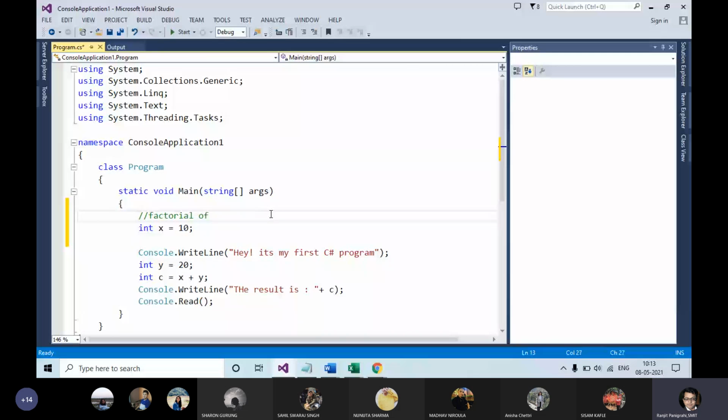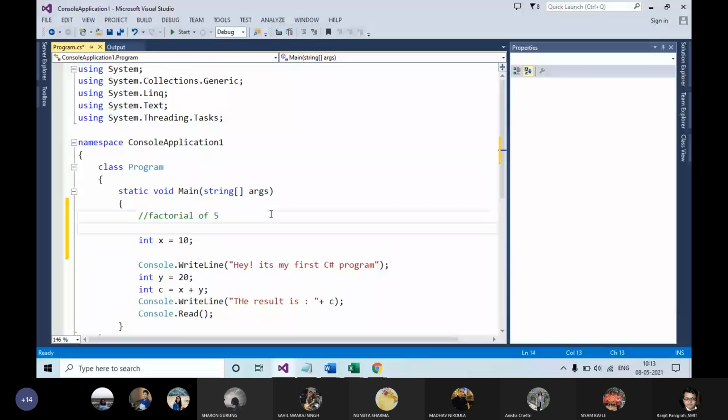What is the factorial of 5? 120. So if you want to calculate the factorial of any number, you start multiplying like this: 5 into 4 into 3 into 2 into 1.